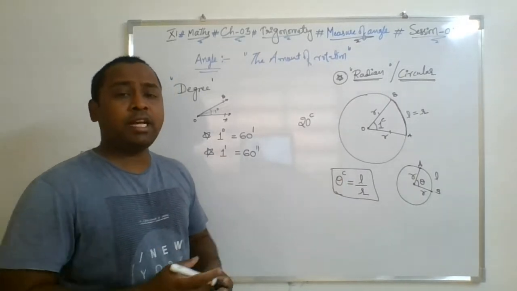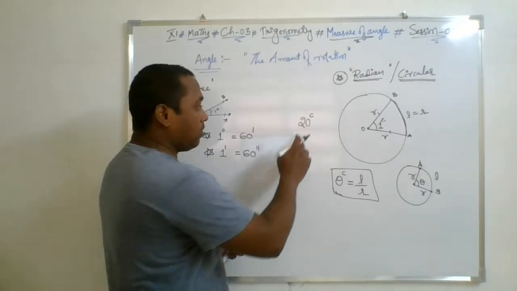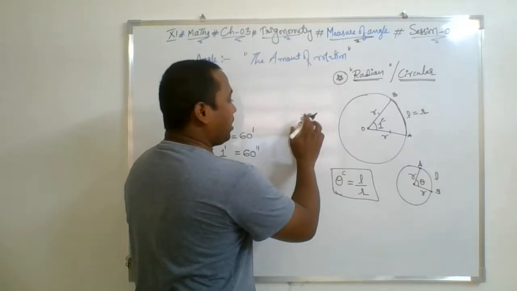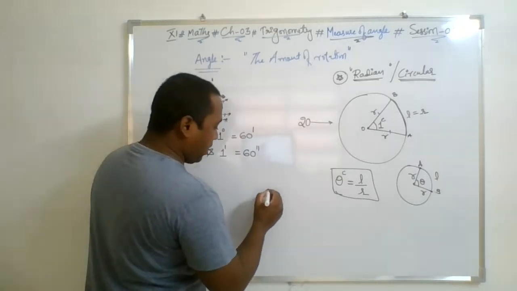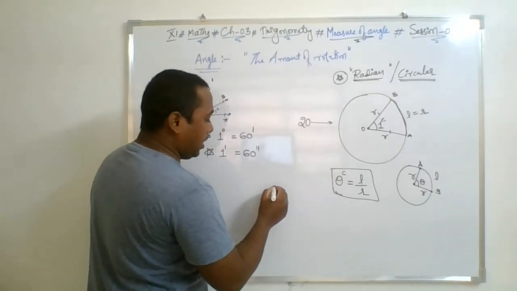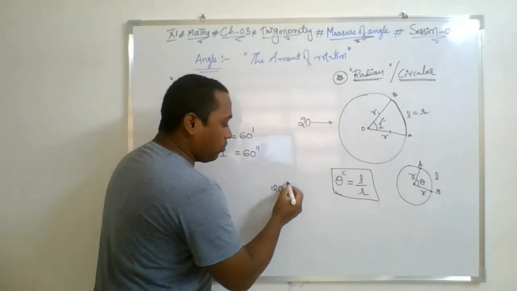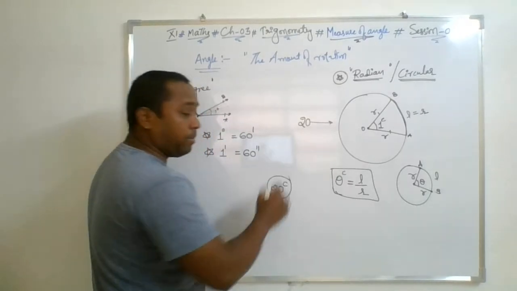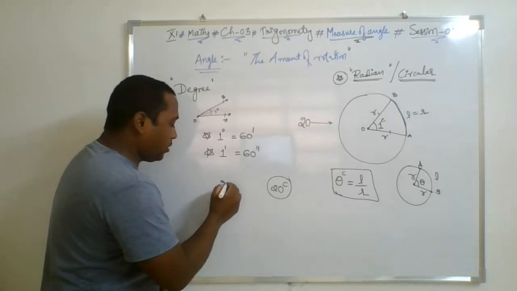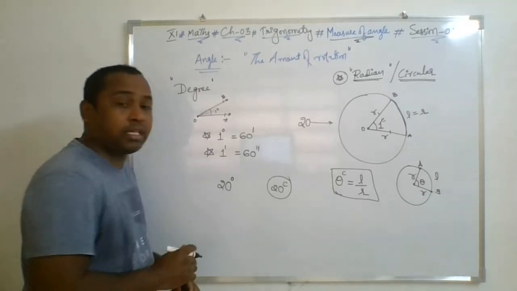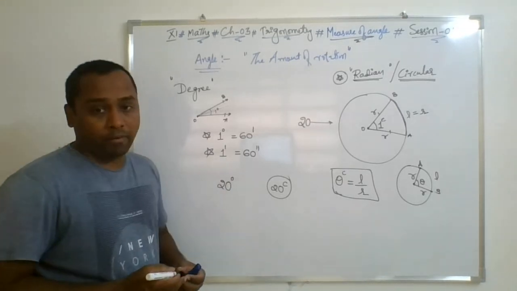But for the sake of convenience in this chapter, whenever nothing is mentioned over the angle, it means that by default it's the radian measure only. Let us say I am writing the amount of rotation is 20. What does it mean? I am not writing anything in the power, so it's basically a radian measure. But to say it is a degree measure, it must be represented by writing a small circle in the power.